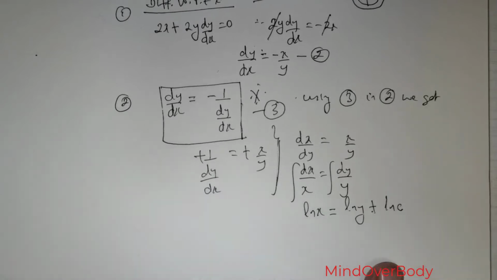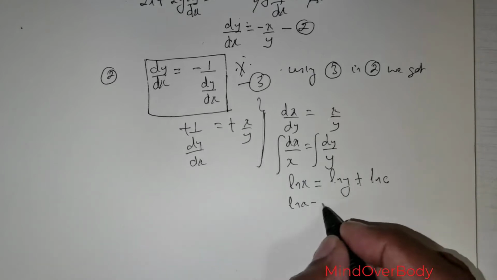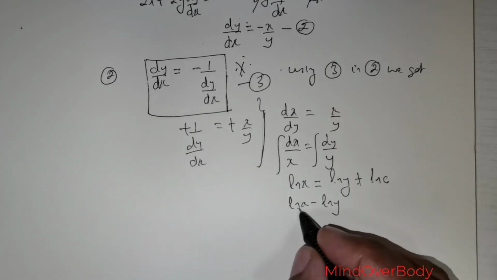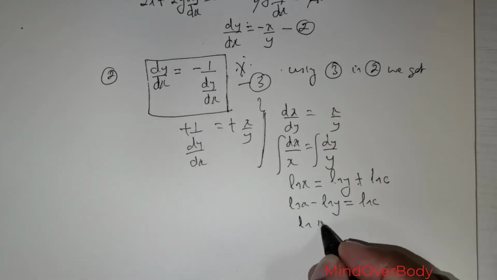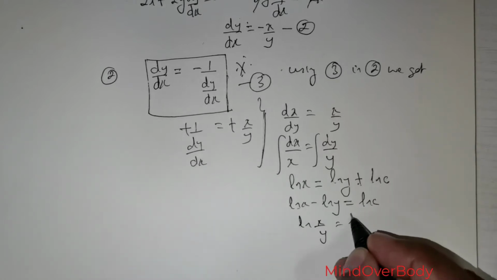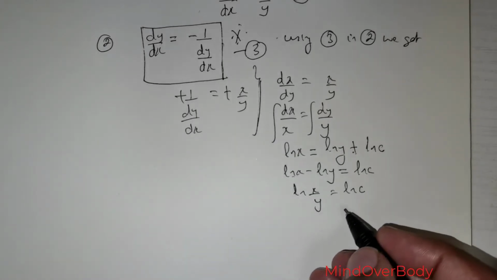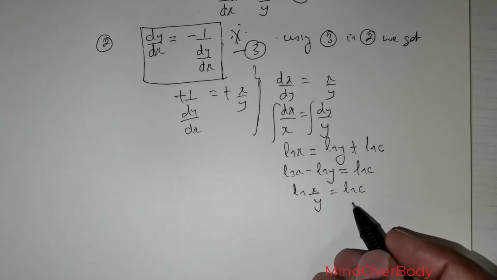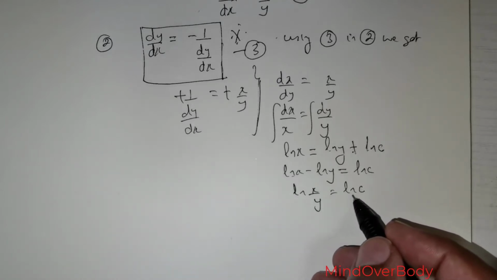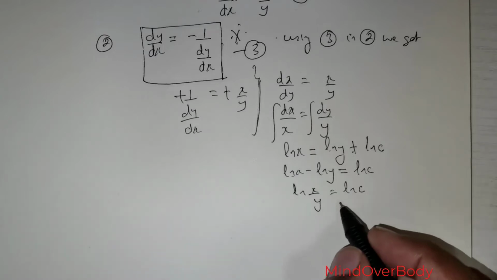It doesn't matter. So if I were to bring this ln y to the left, you are going to get ln x minus ln y is equal to ln c. Of course, this is going to be ln of x over y is equal to ln c. And excuse me, if you are not interested to further simplify, you can leave it here, but the usual way is we will proceed on to